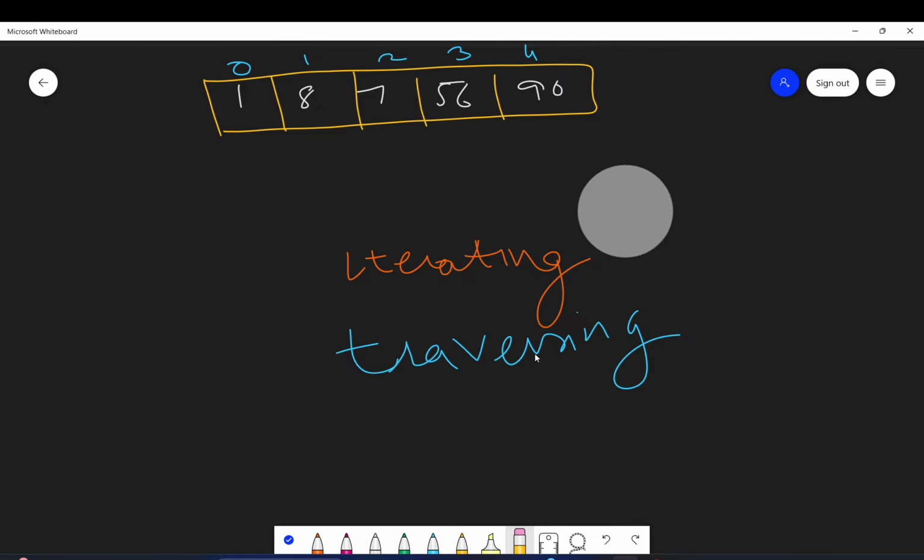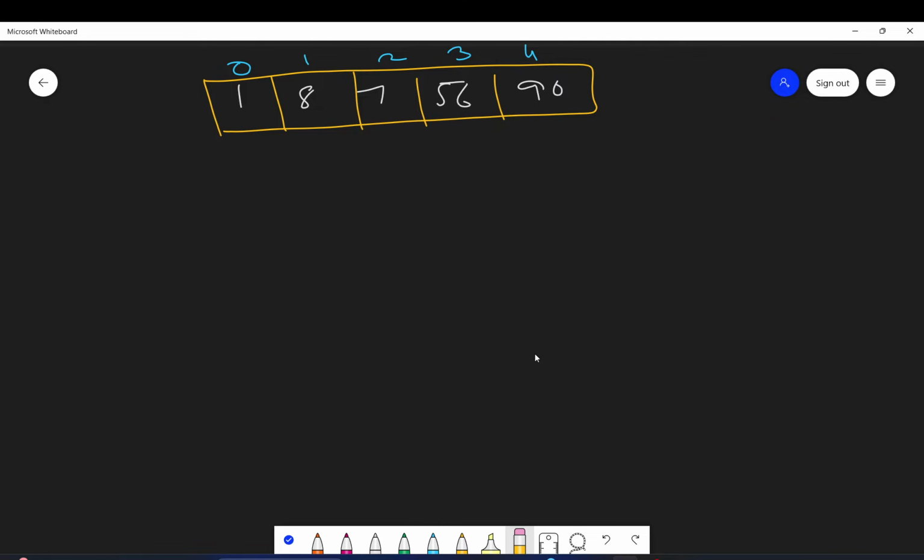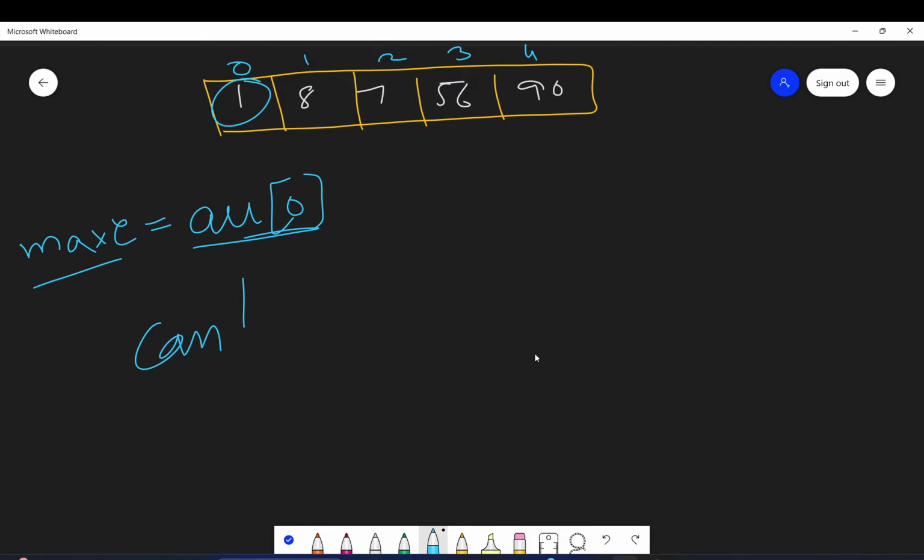So I will iterate this array, and initially what I will do is keep a variable, maximum element. You can name it anything. I will just name it maximum element, and initially I will give it the value of ARR of 0. Whatever my ARR of 0 is, I will initialize it with this. I'm just assuming that my maximum element can be this. It can be, okay. I'm not saying it will be, it can be. So what will initially be the maximum element? ARR of 0 is what? ARR of 0 is 1. Okay, so this can be 1. I'm just assuming it.